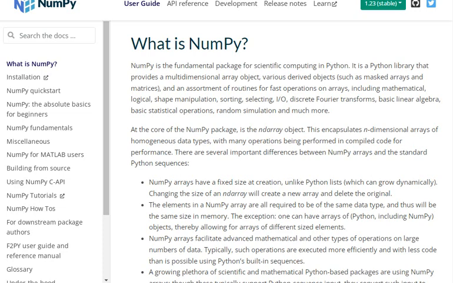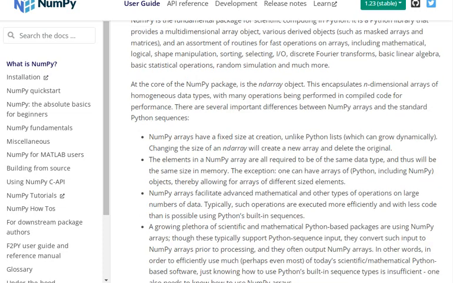If you want to use arrays, it supports mathematical, logical, shape manipulation, sorting, selecting, I/O, discrete Fourier transforms, basic linear algebra, basic statistical operations, random simulations, and others.